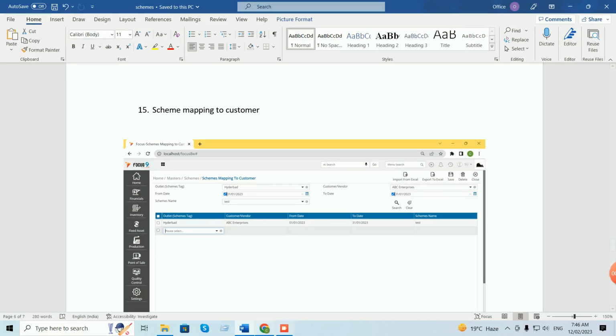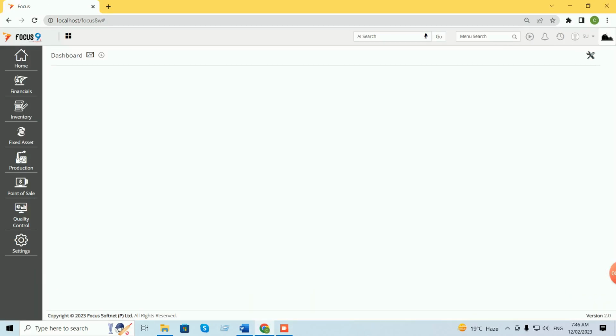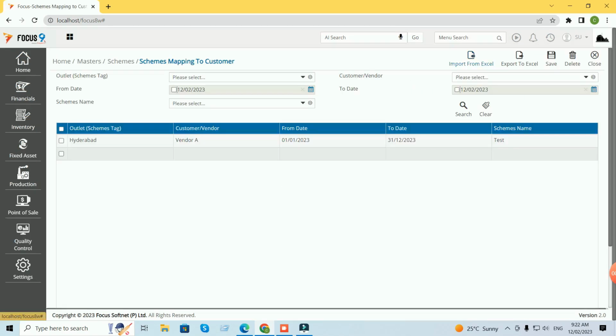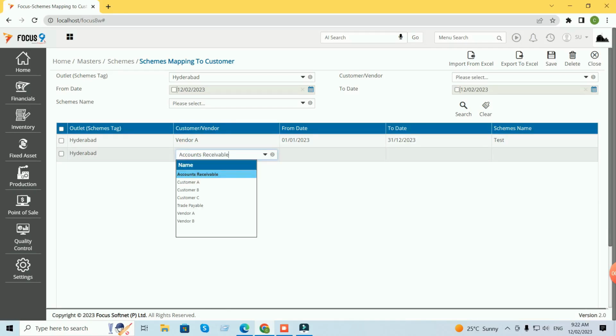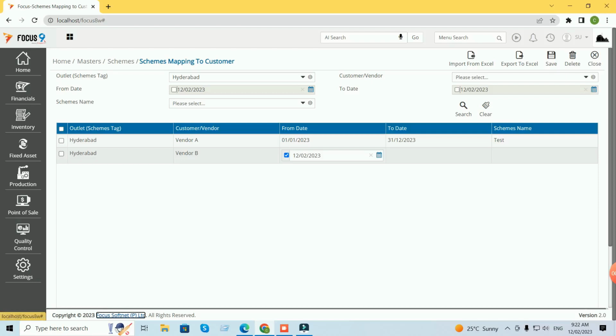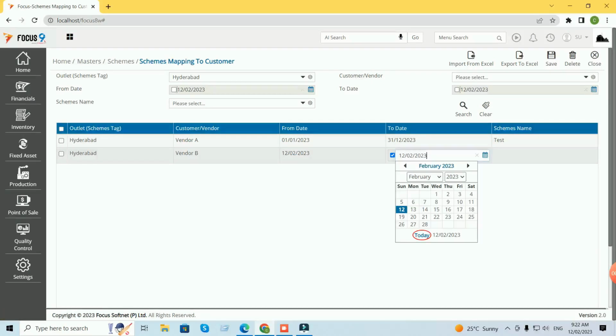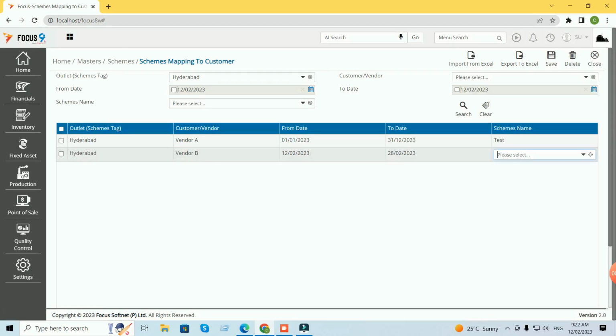So select the schemes mapping to customer. I'm selecting vendor B here. I'm selecting the date. Whichever date is applicable, from and to, you can give, and give the scheme name,